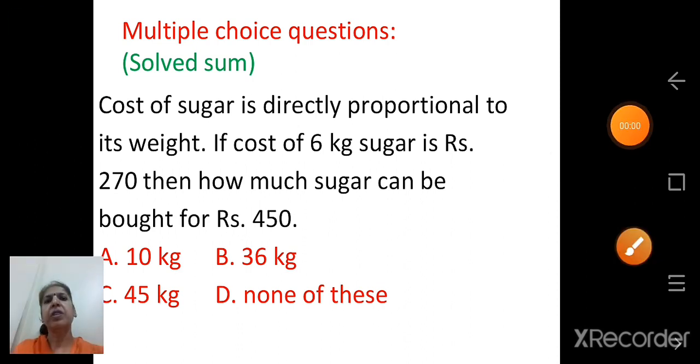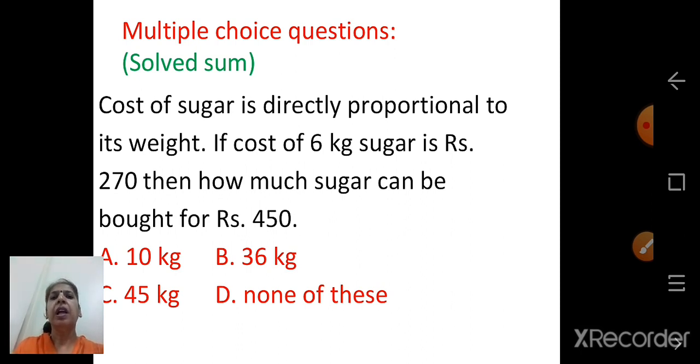From that we have to choose the correct answer. Now some students may be able to solve this directly, but some may not be, or some working is required. So you have to keep your study materials, the pen and notebook, ready with you, and neatly do the steps in short, so that you calculate the answer and mark the correct answer. Here I have solved the sum and the solved sum is shown.